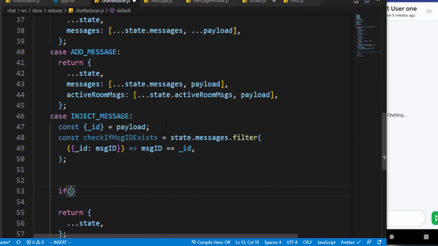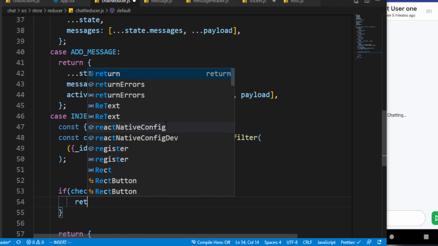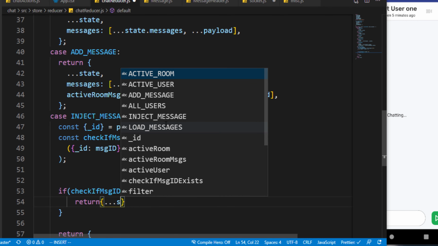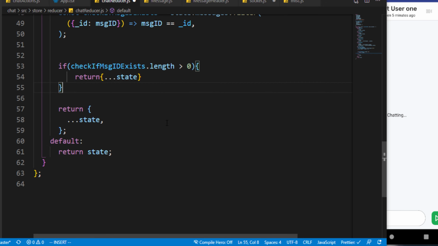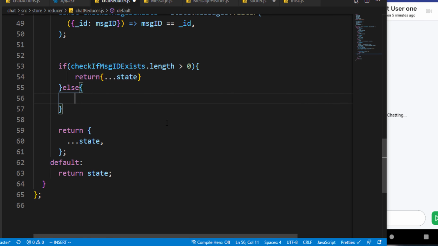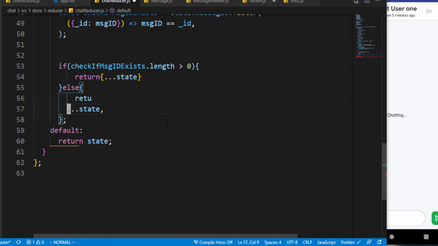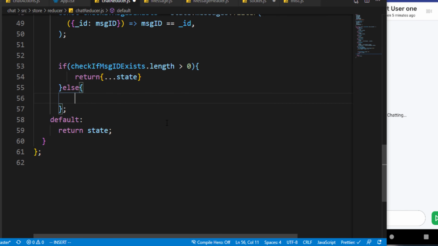So I can say if check message exists dot length is greater than 0, I just have to return the initial message, the one that is already in the state, because I don't want a duplicate. But if not, we just want to return. So I just have to clear this out. So if not,